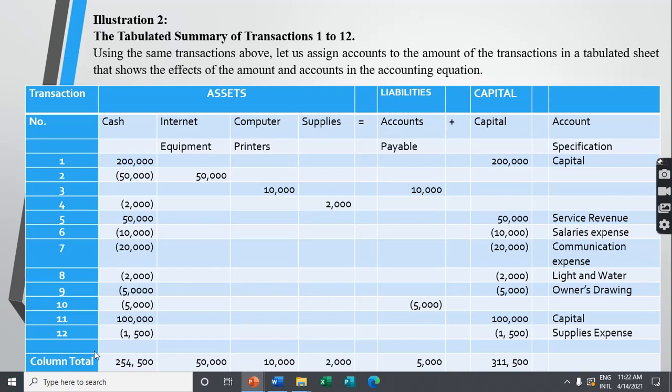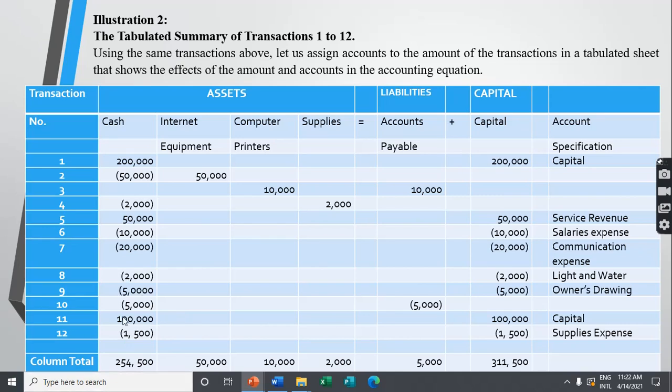Okay? And then, sa transaction number 11 naman, nag-invest si owner ng 100,000. Nag-invest siya ng additional investment, which is 100,000. Ayan, madadagdagan yung asset mo under cash, and then madadagdagan din yung capital mo. Kasi that is considered your additional investment. Okay? So, dito. And then, sa transaction number 5, nakakonsume ka ng